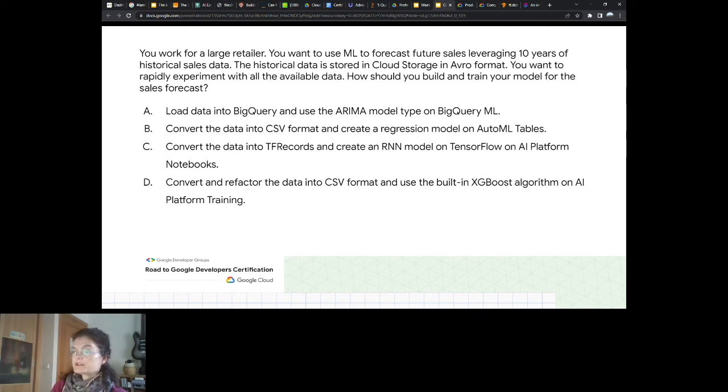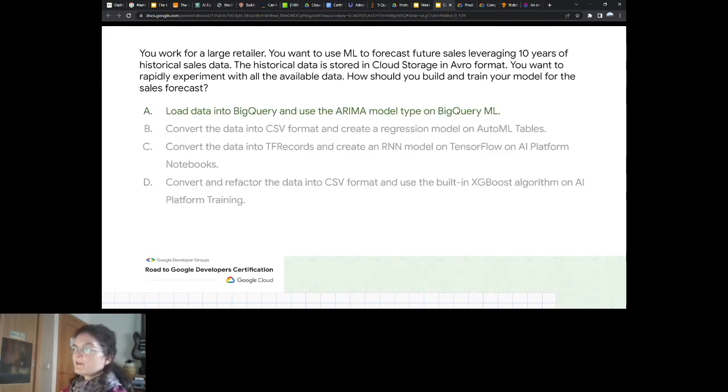The third one is convert into TensorFlow records and create a recurrent neural network model in AI Platform notebooks. And the last one is refactoring into CSV format and then building an XGBoost algorithm with AI Platform training. Cool. And the answer is